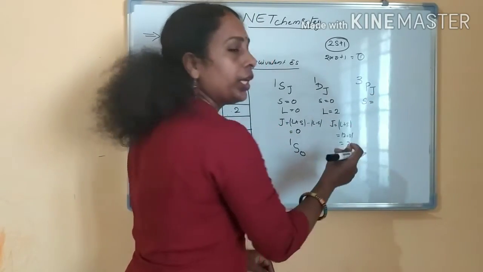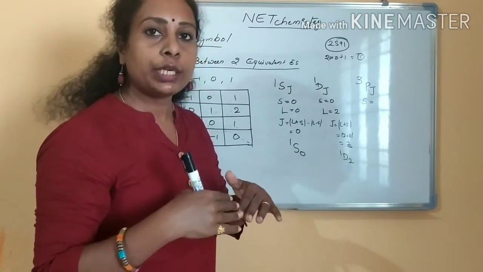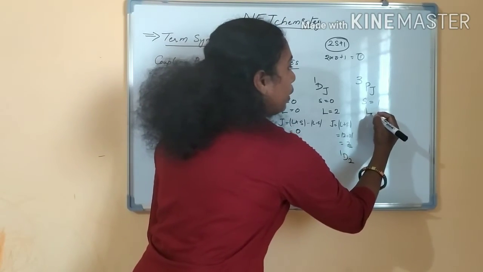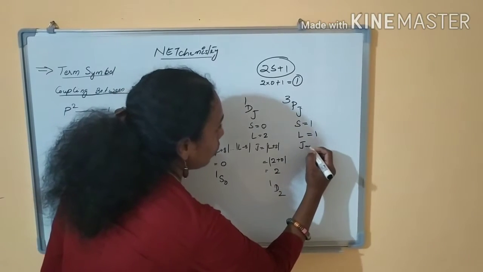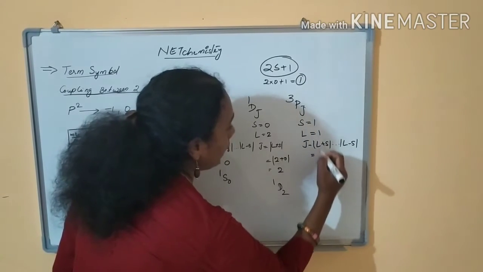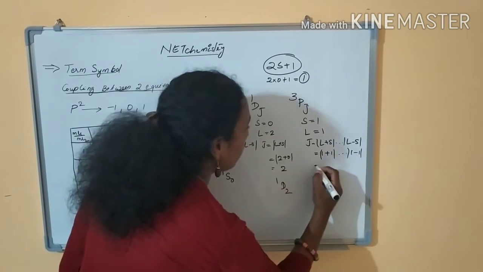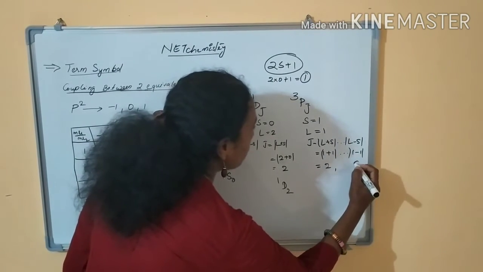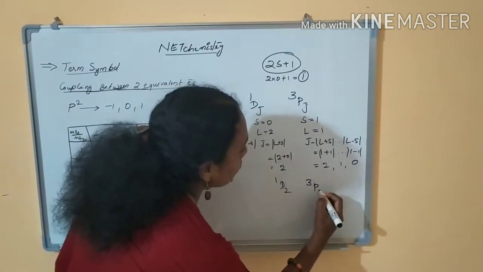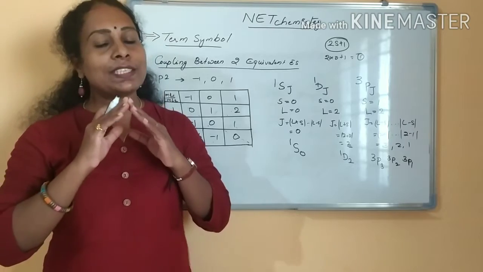And one more thing is there. Here what is the S value? If it is a triplet, S is half plus half. 2 electron spins are adding up in a triplet state, you know. So S equal to 1, right? And what is the L value? Equal to 1. So J is equal to L plus S to L minus S, right? So L is equal to 1 and S equal to 1. 1 plus 1 to 1 minus 1, right? 1 plus 1 is nothing but 2. 2 to 0, you will be getting 2, 1 and 0. So the J values are 3P2, 3P1 and 3P0. Clear? Hope it is very clear for you.